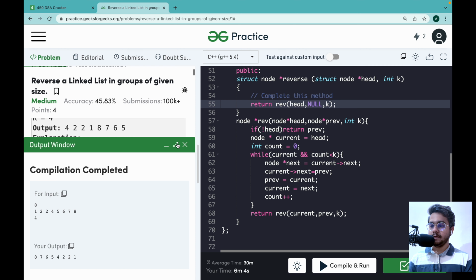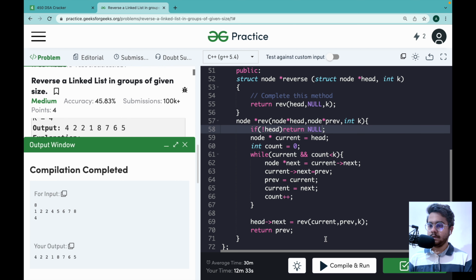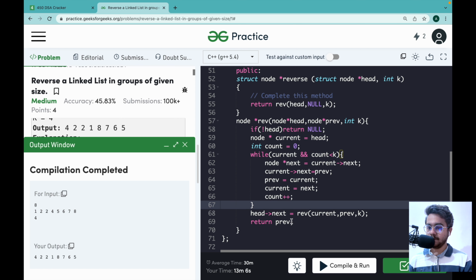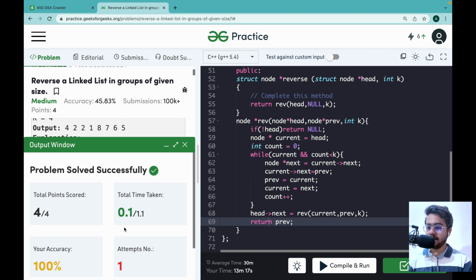What is happening here: when the head is changing, we do not need to pass it. So in the base case, if we are not having any head value, like head is null, then we simply return null. And in the other cases, we are going to do the same iteration. But here, at the end of this loop, once these 4 have been iterated, this one is still the head. So this head next will be the reverse of the next values. By this way, we can do it and then return the previous one. So here, previous in the first case is going to be the head. So we have got the correct answer.